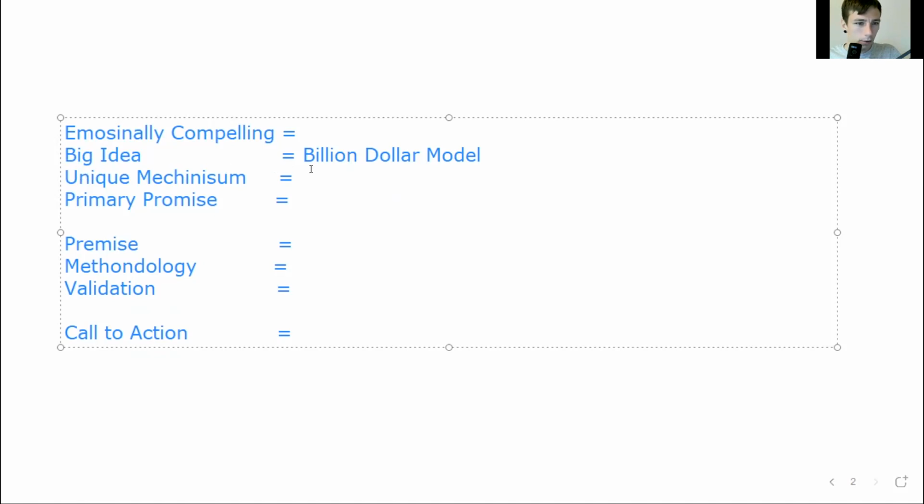So the unique mechanism, basically maybe the unique mechanism is called a limitless business model. I just usually say limitless business model. Maybe I could be a little bit wrong, but the big idea here is the $1 billion model. Now, emotionally compelling side of things, I wasn't really thinking about that, but the primary promise here is